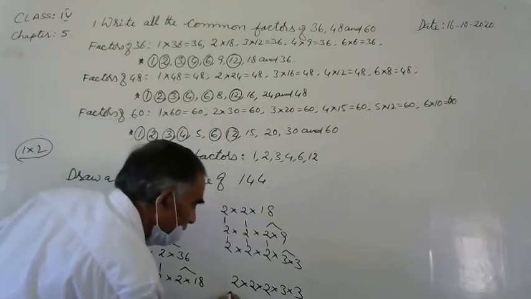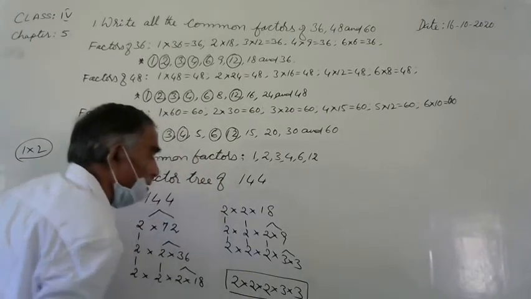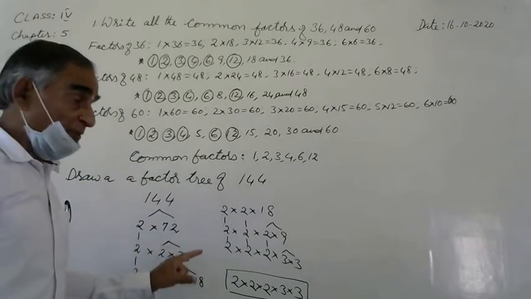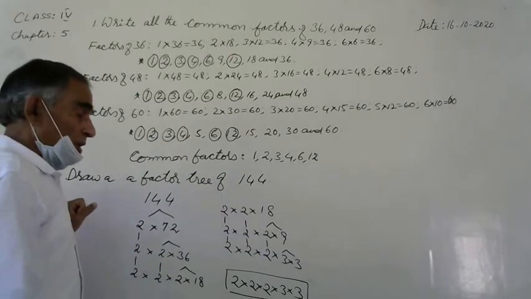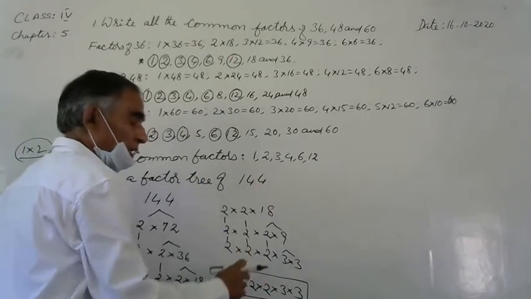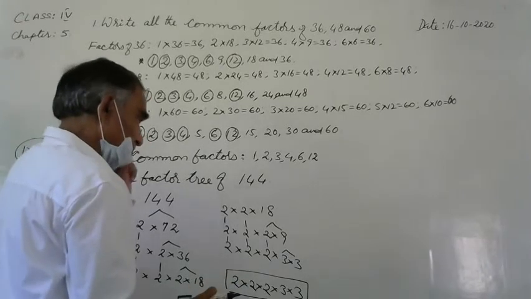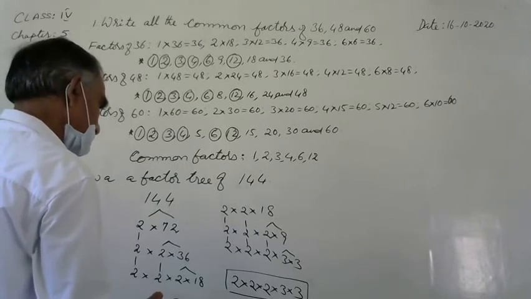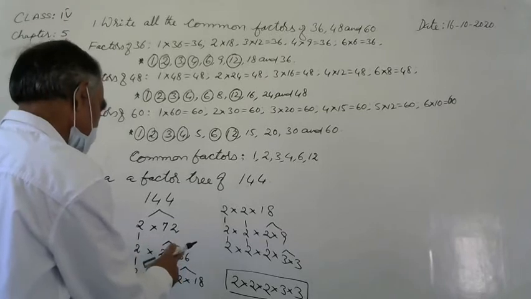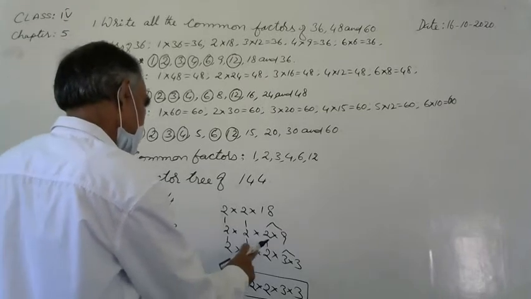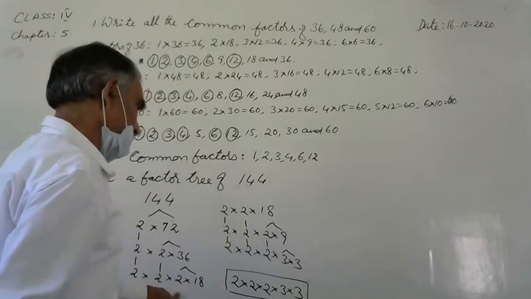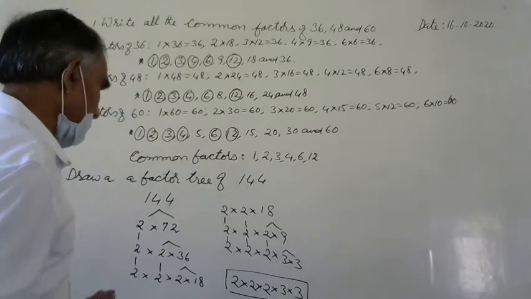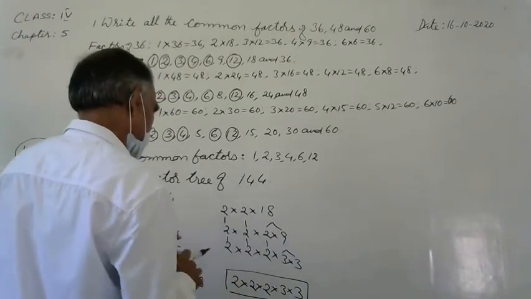3 into 3. These are the factors of 144. When you multiply these numbers, you will get 144. You see here something, 2 18s, 2 into 36, 2, 2 here, 2 again. Something, what way will it be? 1, 2, I have forgotten here. One more 2 here.